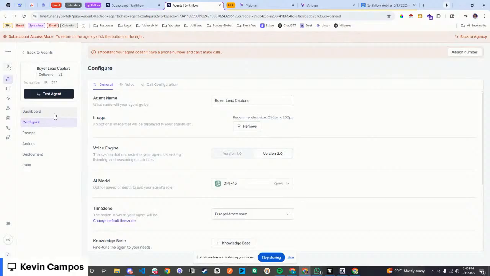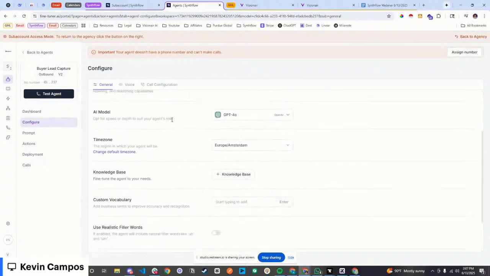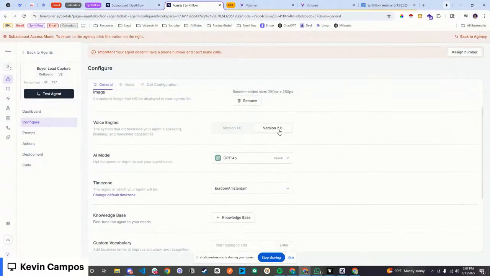Now, I want to make sure that you guys also know the latest features that have been added to Synthflow, because that's very important to us that you guys are aware of these. So, of course, you guys already know the usual AI models. We're currently using 2.0 only. We're going to be removing version 1.0 pretty soon. There was an announcement on that you guys should know.